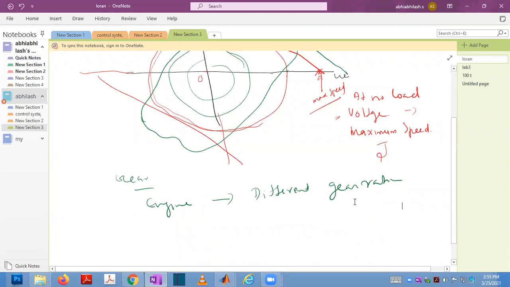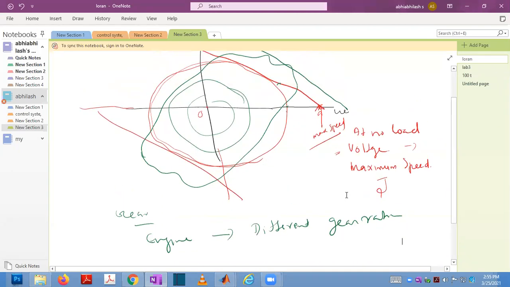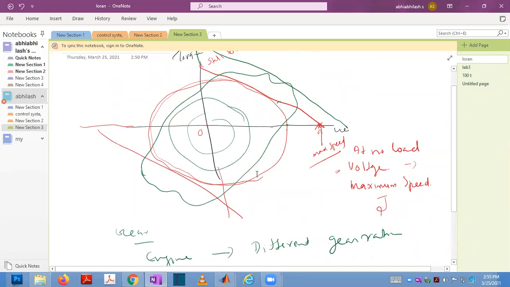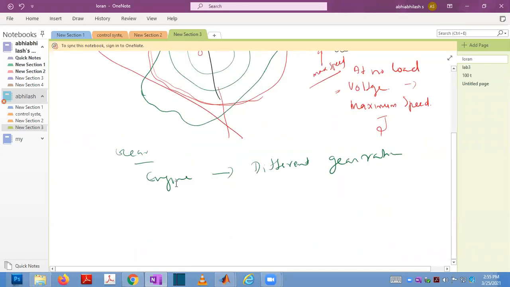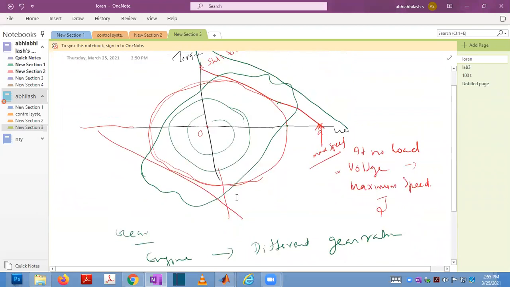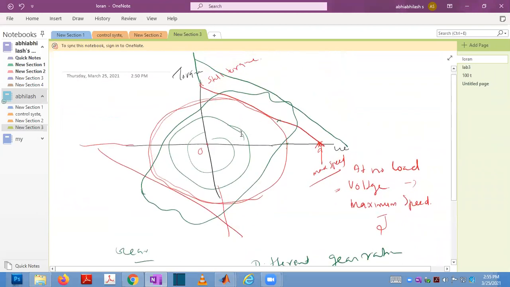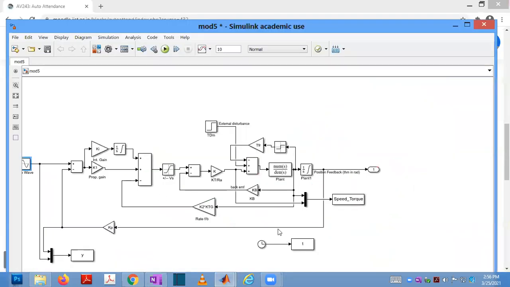So you will change the gear ratio accordingly. Maximum speed will change. All other things will be changing. For a motor case, unlike these IC engines, the speed and torque characteristics depend on voltage. The voltage is fixed, so this cannot be changed and you have to choose a different motor. That is the purpose of plotting these speed torque characteristics.